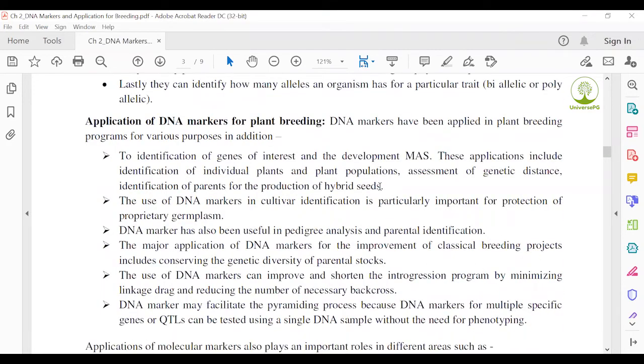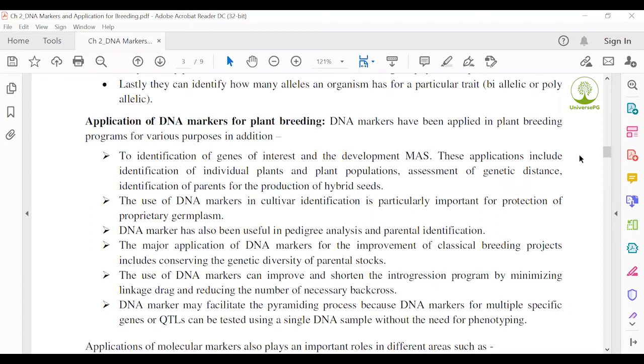Application of DNA markers for plant breeding. Plant breeding involves different types of plants, not only cereals. How can we use DNA markers for plant breeding? First, identification of genes of interest and the development of marker-aided selection. These applications include identification of individual plants and plant populations, assessment of genetic distance, identification of parents for the production